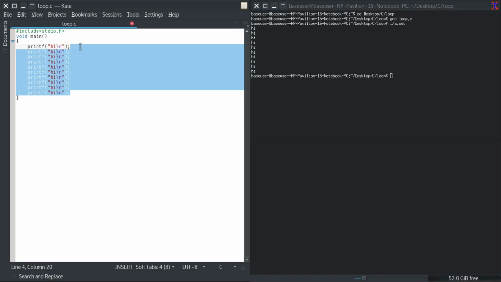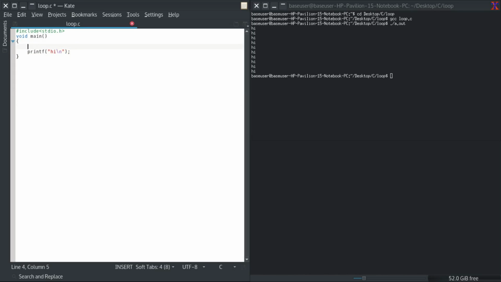So what we do is we only keep one statement, and we are going to do it with a while loop. First we need a variable which will keep a record of how many times your loop has run. So I call it int i, and we set it equal to 0. And in my while I have to write a condition, just like in my if statement. So I'm going to write while i is less than 10, and then in my while block I write the printf statement.